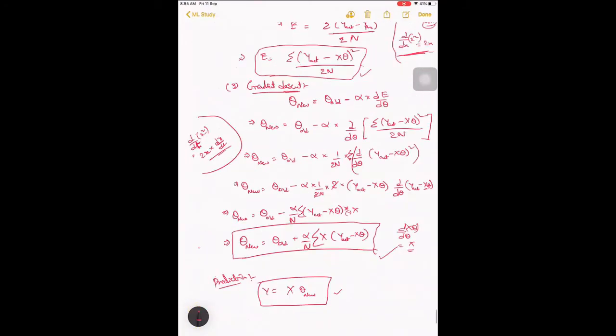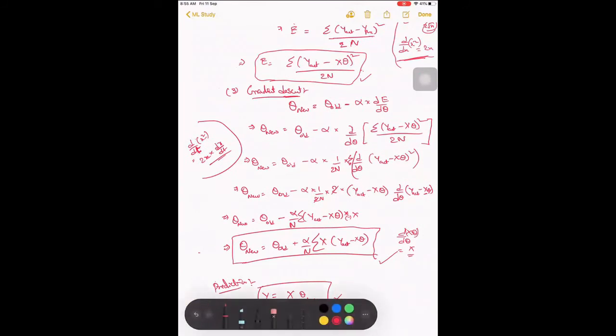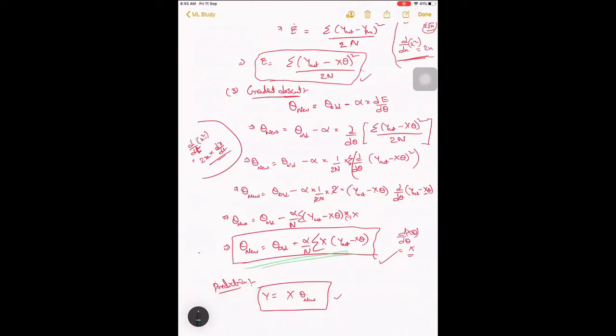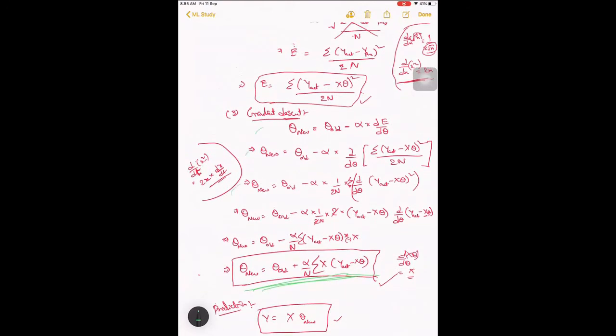So here, this is what we have to implement now. Directly this one, we don't have to again follow all the steps, how we derived the final one, but we finally have to implement this part.